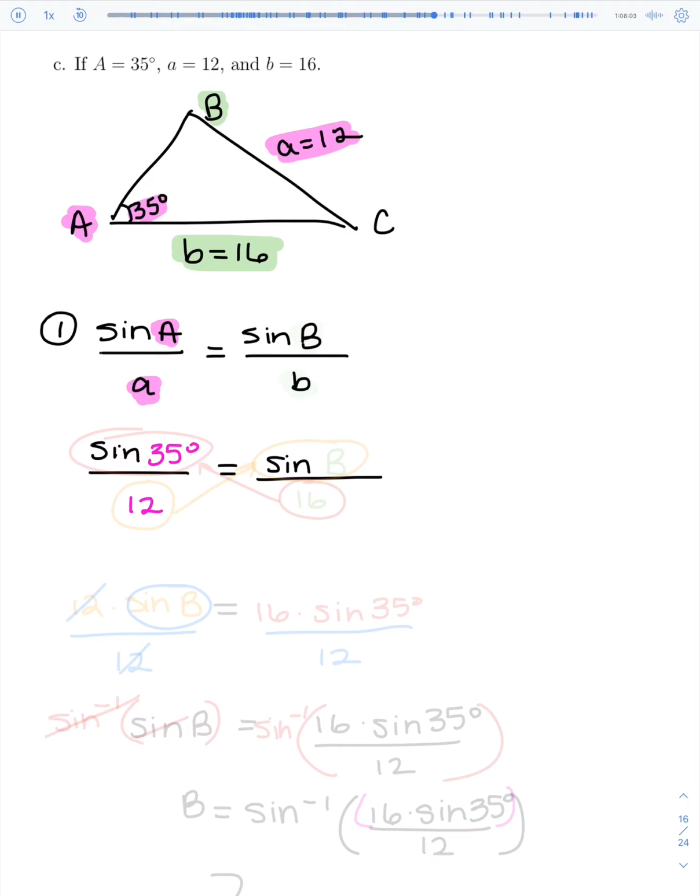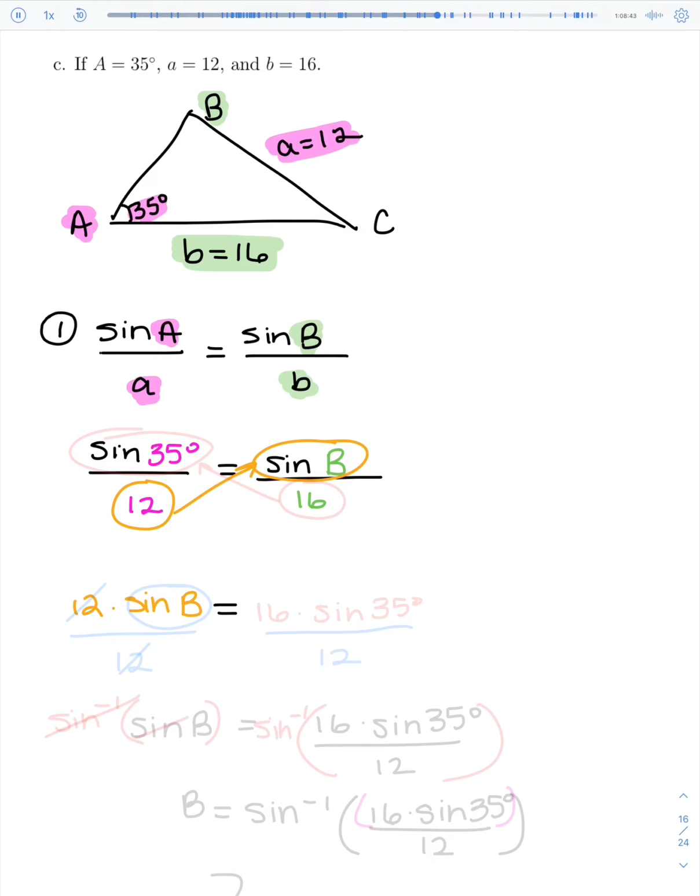So we're switching to B. We do not know B, so I'm just going to leave that as a regular B that's unknown. However, side B we do know, so I can fill that in. It is 16. And now we can just find angle B using this law of sines by cross multiplying. By cross multiplying, we will multiply out the 12 times the sine B first. Technically, you can multiply the 16 times the sine of 35 first, but it doesn't really matter as long as you're cross multiplying. Equals, now on the other side,